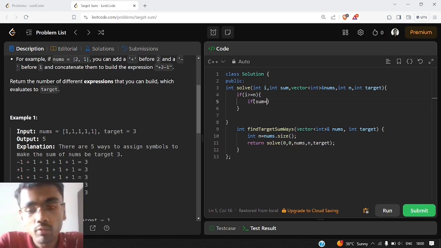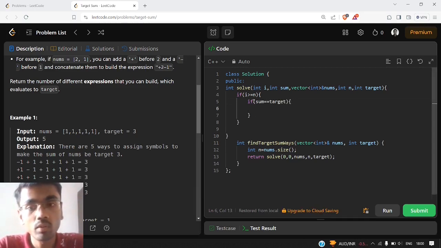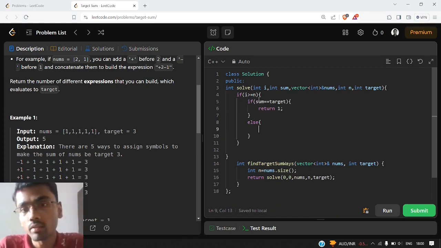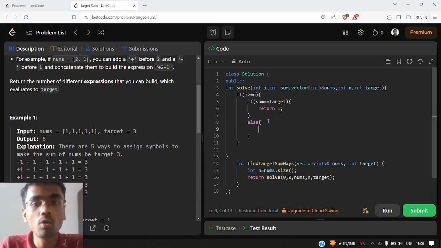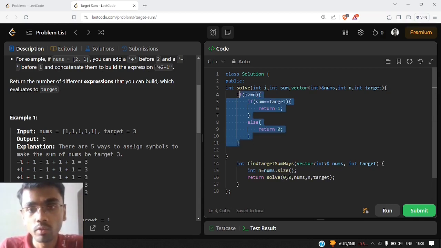If we reach the end of the array and our sum is equal to target, that means we found one possible combination, so we return 1. Otherwise, sum can be greater than or less than target, which doesn't give us a possible expression, so it doesn't add to our answer, and we return 0. So this was the base case.